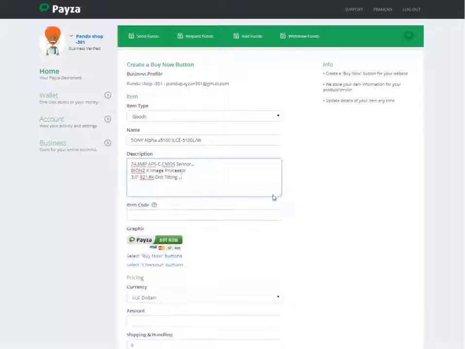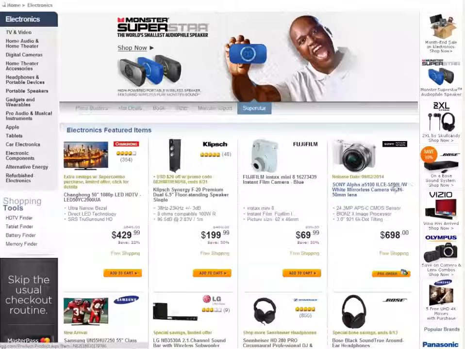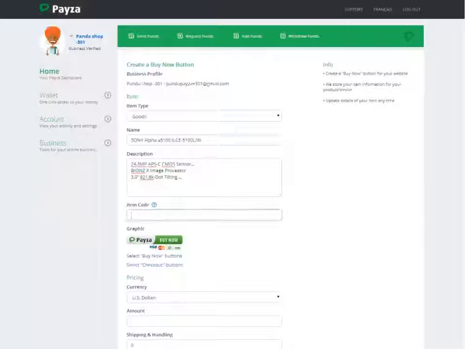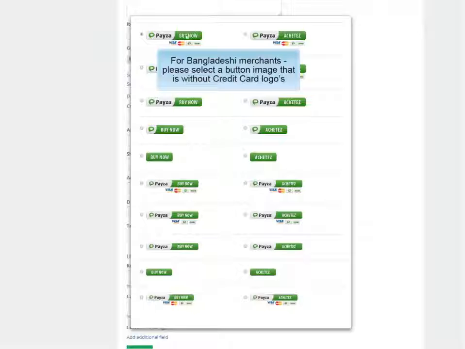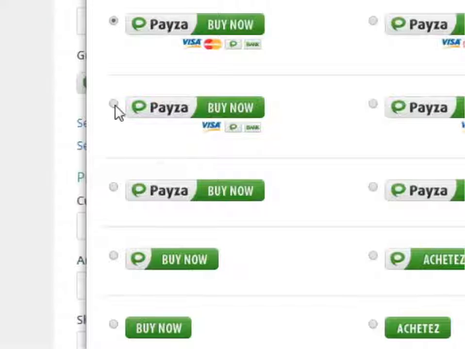Okay, now item code, you can enter a number for your item for your own reference. So for our own example, we're just going to use the number from here. Now you can select the type of button, the buy now buttons you want. So you click here and then you have different designs you can select. So for our example, we're just going to go with, let's say, this one,